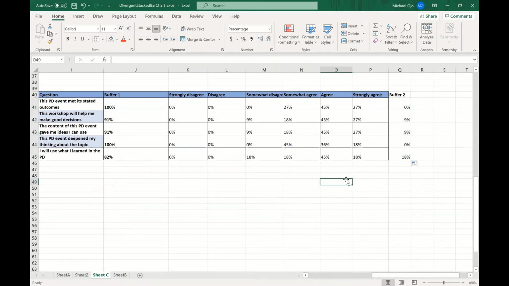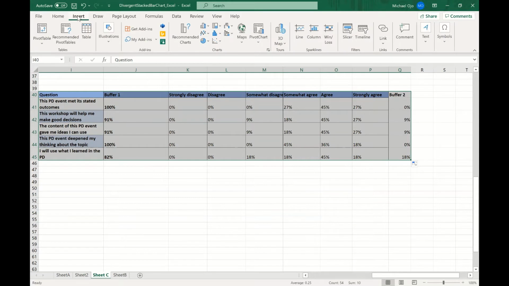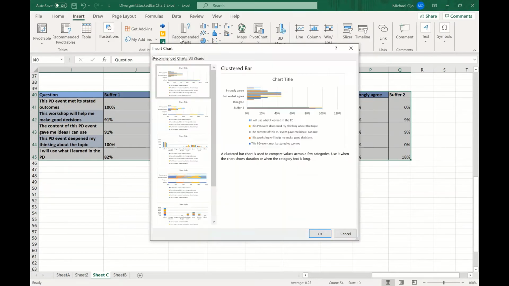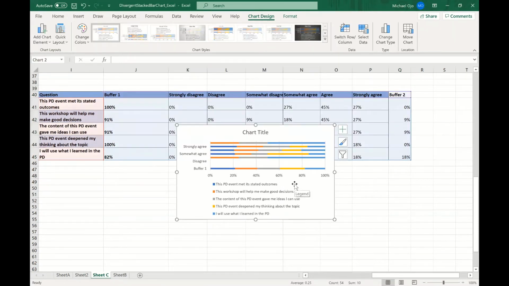You can see now, the next thing for me to do is to get my graph. And that I can easily do. I highlight the entire table, select insert, click on recommended charts. Now I'm not going for clustered bar. I'm not going for stacked bar. What I need is the 100% stacked bar. So I just click OK. Now there need to be some corrections.